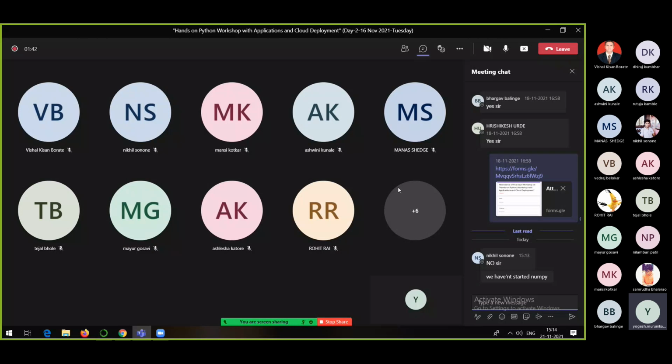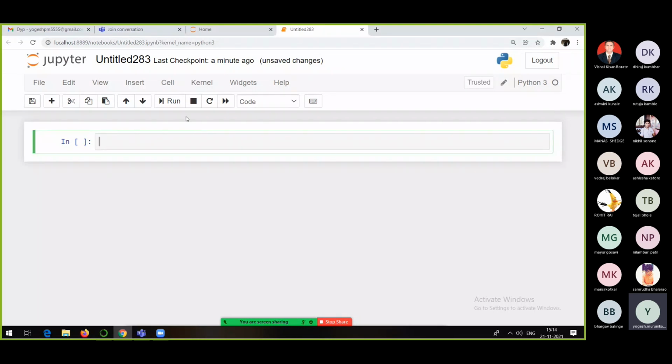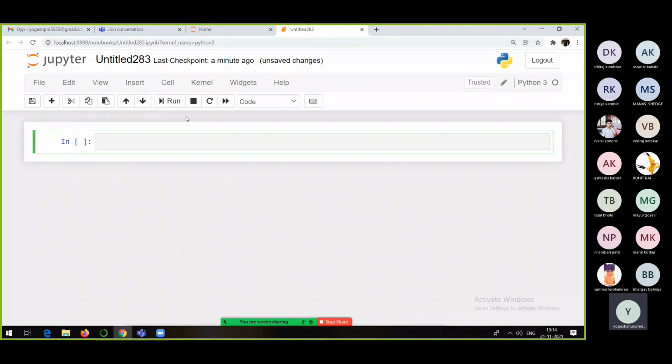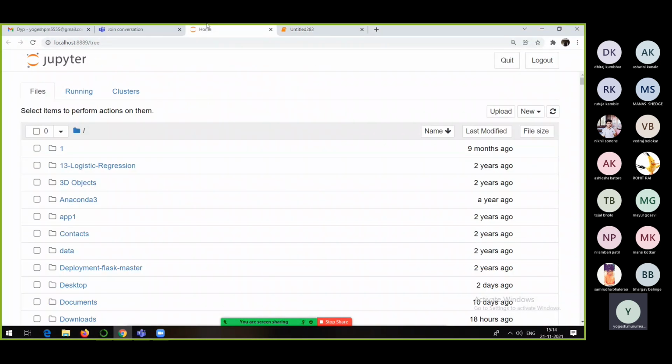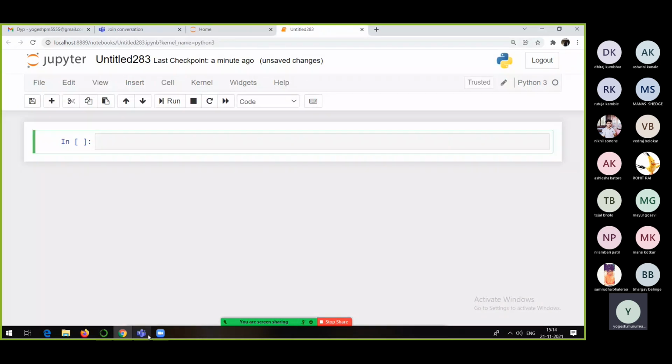Okay. Thank you, Nikhil. So everyone, I hope you will follow whatever I will be doing. We'll try to finish at least the NumPy package today. Other packages you will be able to understand, and they will not take much time. Except Pandas and NumPy, other packages will not take that much time. I hope everyone has joined from the desktop or your laptop, and you will be following whatever